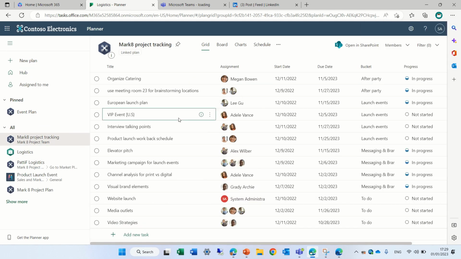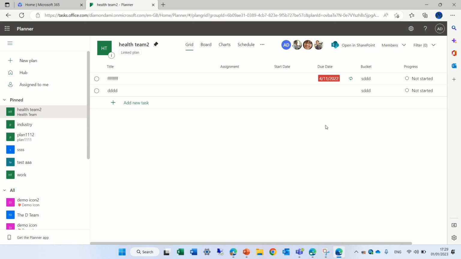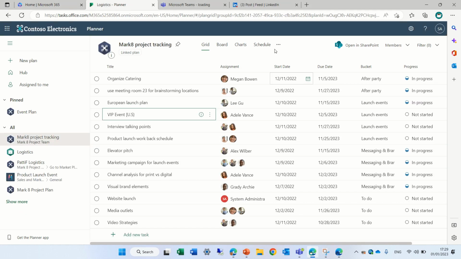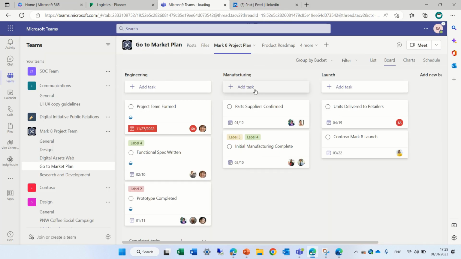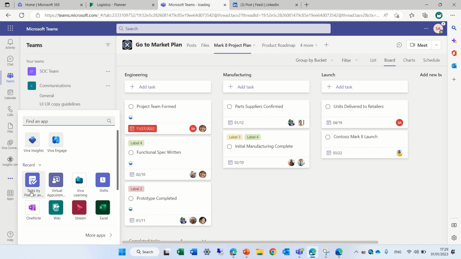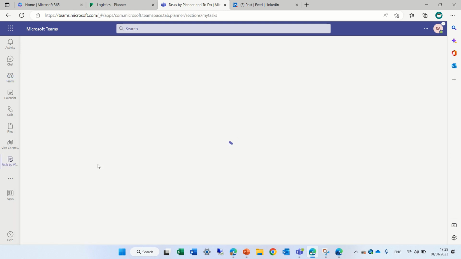So just to compare this to what we had in Teams. If I go to Teams, just a second, give me an example. In Teams we have an app which is called, let's click the three dots, Tasks by Planner.